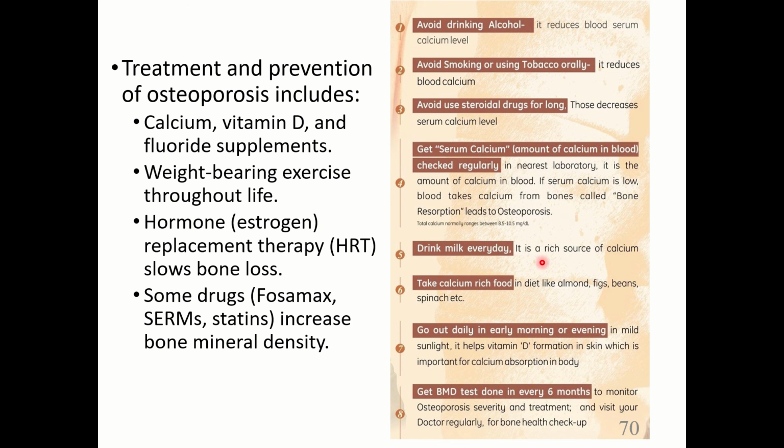Drink milk every day. This is controversial, but fortunately there is vitamin D and calcium in a lot of foods. So make sure you basically get calcium-rich foods. So 5 and 6 go together. So almonds, figs, beans, spinach, salmon, etc. Go out daily, step 7, in the early morning or evening because you want to get